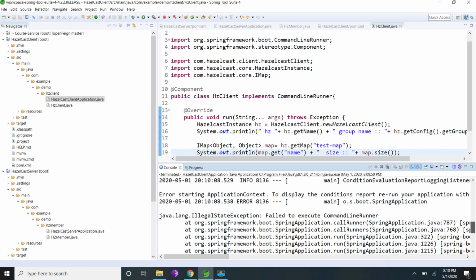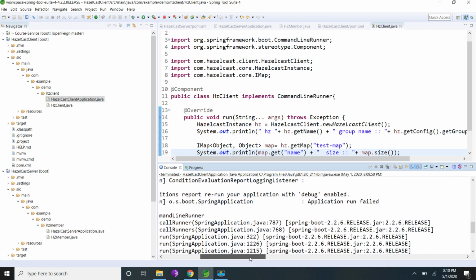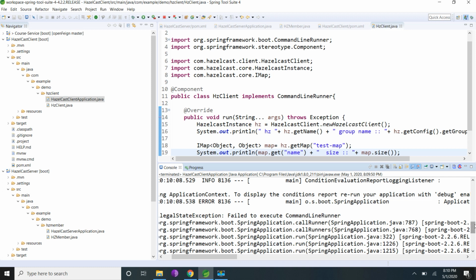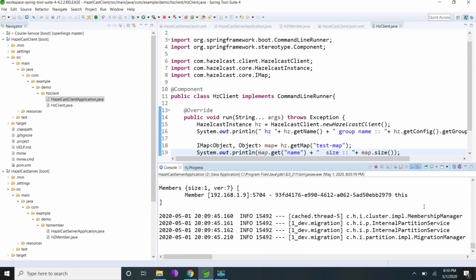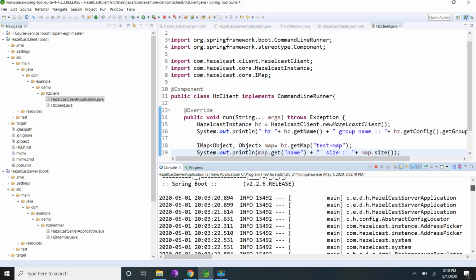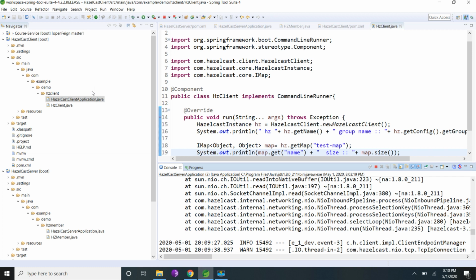It got some exception. Failed to execute command line run. Let me run again.